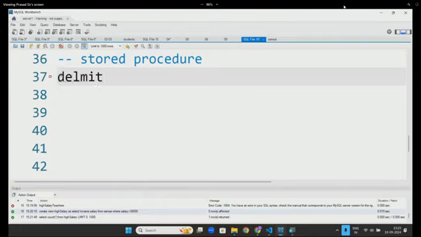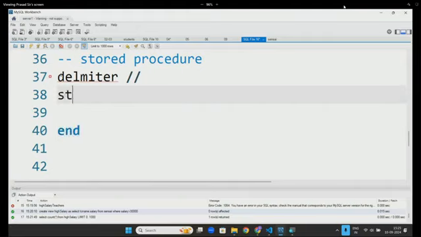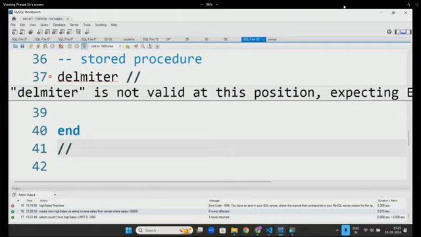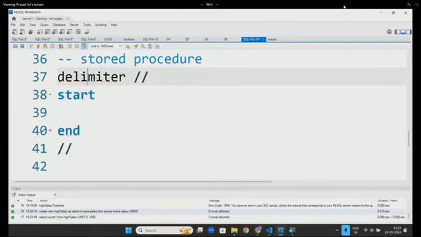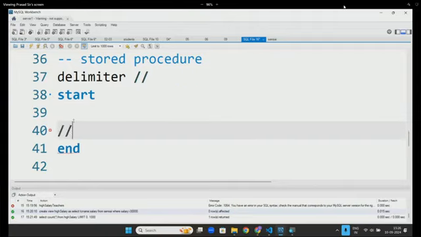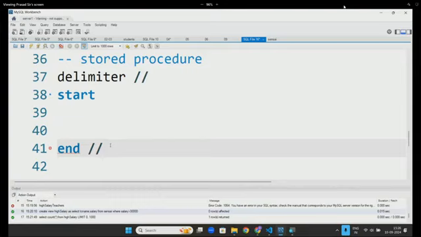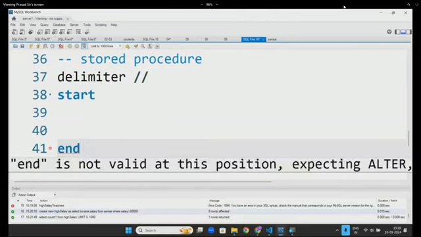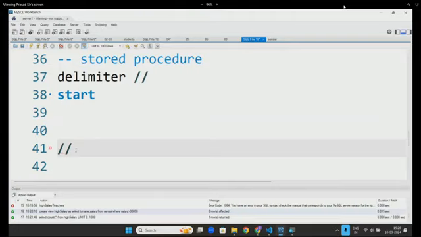Delimiter //. And start. Why is it not ending? No, I am not using any comments here, sir. This double slash, see,